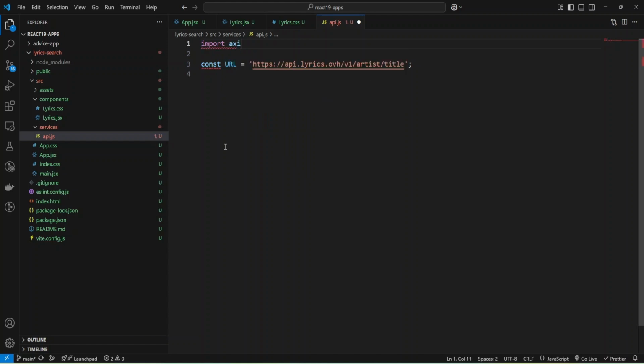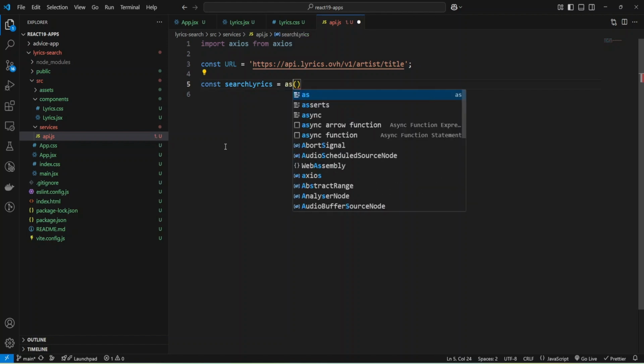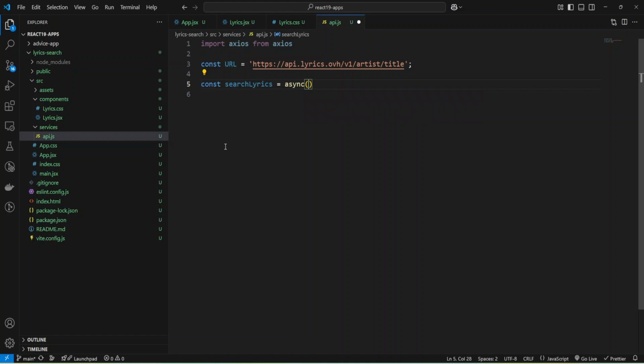We installed it previously from Axios. Okay, and let's create some function, searchLyrics. It will be an arrow function, and it will be an async function, and I will need artist name and song name.